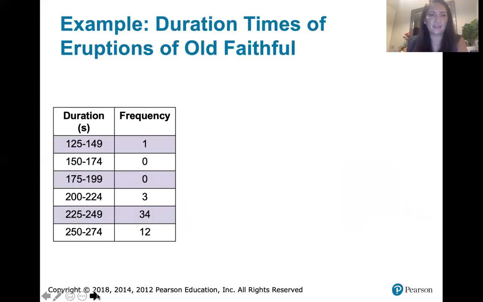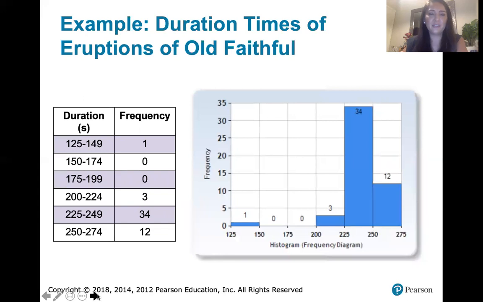Another example of data that's skewed to the left, at least with the outlier included in our data set, is the data for the eruption times of Old Faithful. Because we have that outlier in the data set, it looks like this data is skewed to the left. It has that long left tail. Now, even if we omitted the outlier, if we just focused on the data over here on this right side,